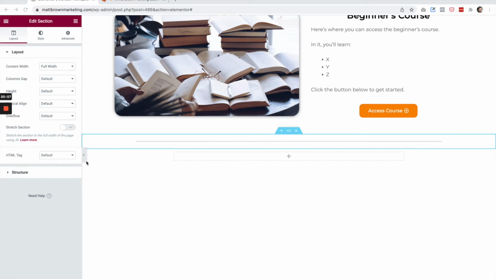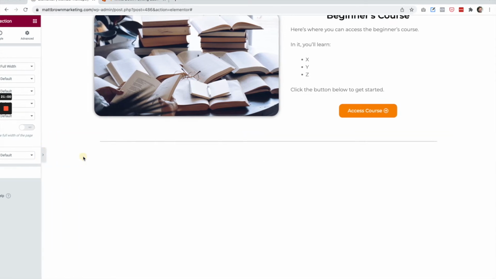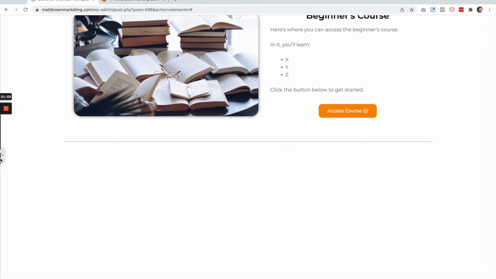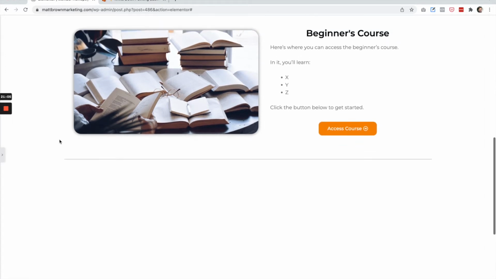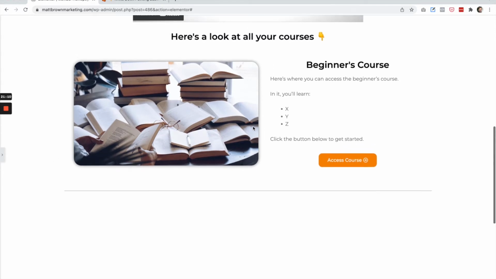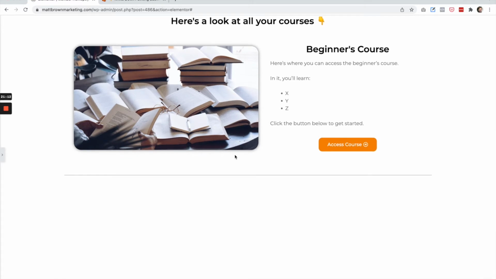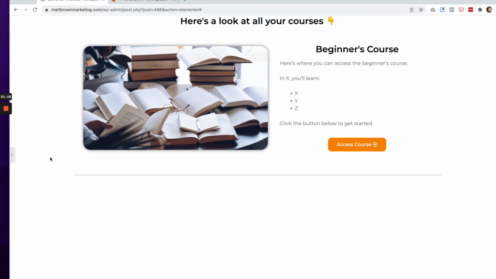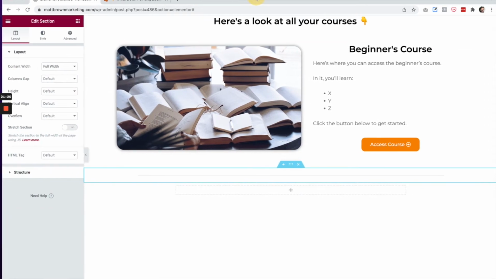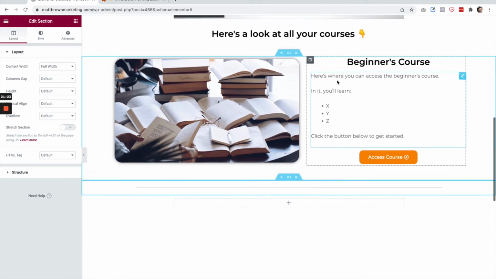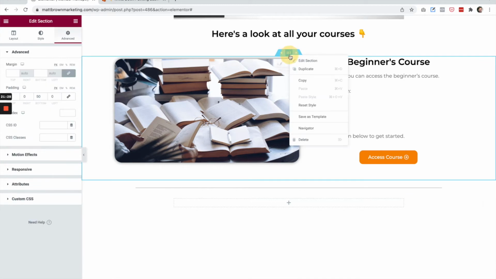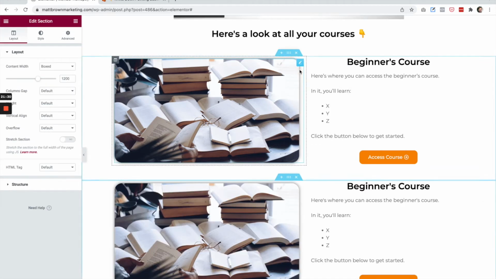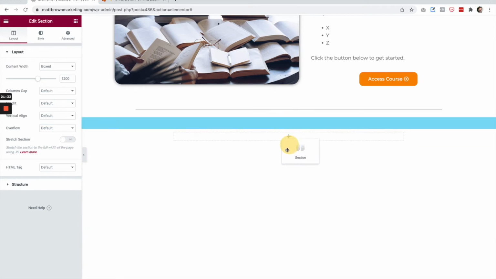Okay, great. So I'm really liking the way that this is looking. If we go to the full view here on Elementor by clicking that arrow over there, we can see that we have sort of this gray line that's separating this section. And now we can add our next course below this section. So, that thing keeps getting in the way. What you can do here is simply duplicate this entire section. So, if you right click up here, you can hit duplicate,